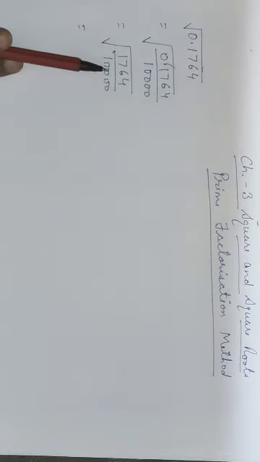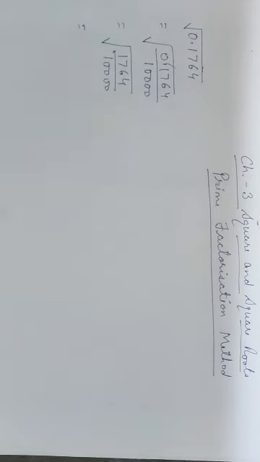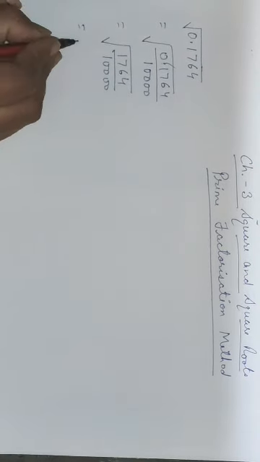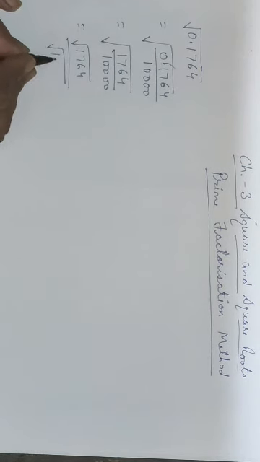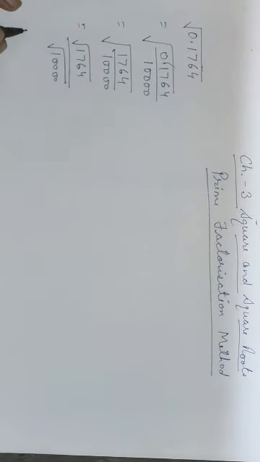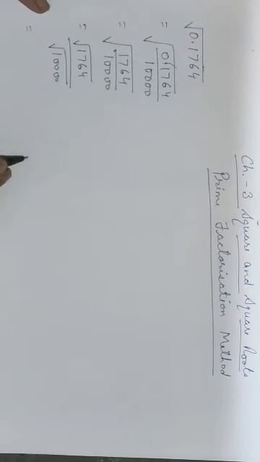As we are doing the prime factorization method, I told you that in the prime factorization method, what we do is find the prime factors of the number. So let us find the prime factors of 1764. You can write them separately also if it makes it clearer. Okay, like this. Now first I will write the factors of the numerator.